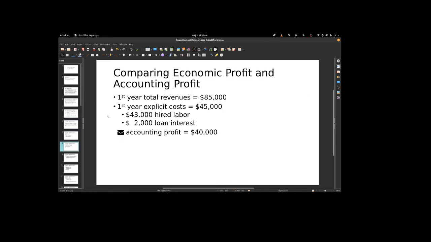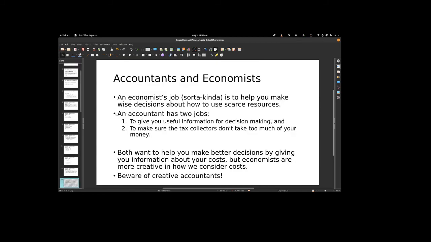I'm going to skip this example. You've seen something very similar in the textbook, but let me give you the big idea here. The difference essentially between an accountant and an economist is that an accountant has two jobs. One is to give you useful information, and the other is to make sure you don't face too much taxes. An accountant is there to protect your money from the government,